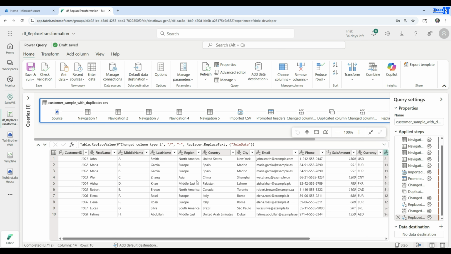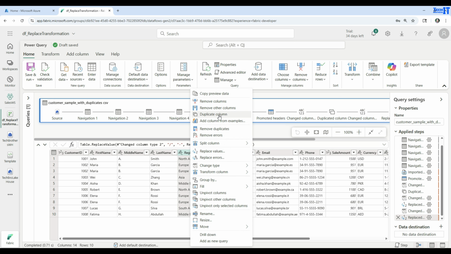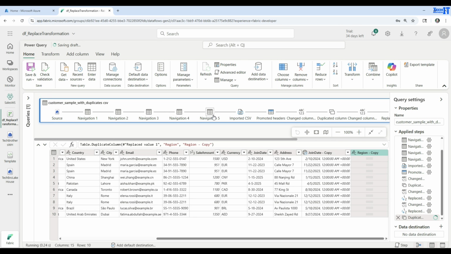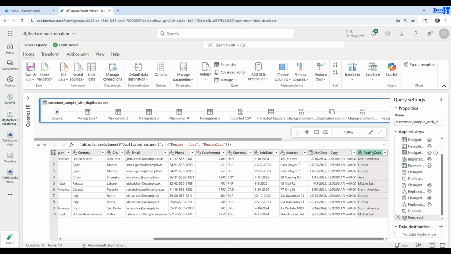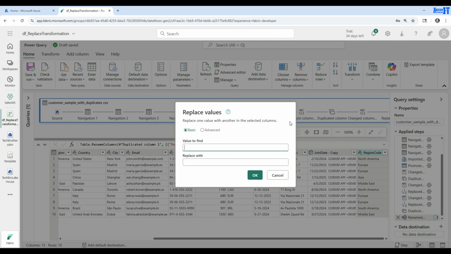And once this is formatted, maybe there are other transformations you want to do, you can always find a replace. Here in this case, let's say you have North America and you want to replace it with NA, and that often happens, like, hey, guess what, I'm going to create a new region here. So we are going to do duplicate column here, and we call this region code. In the region code, wherever you find North America, I would like to replace it with NA. So North America,